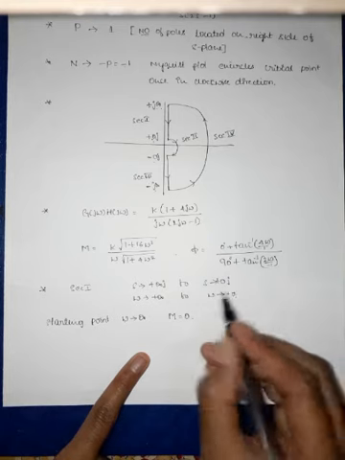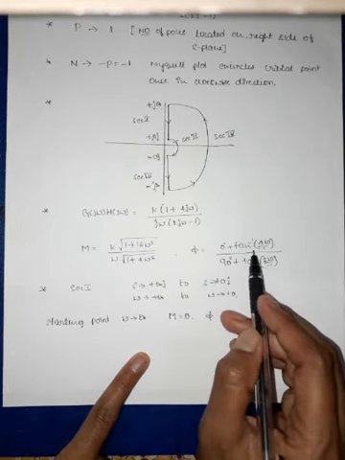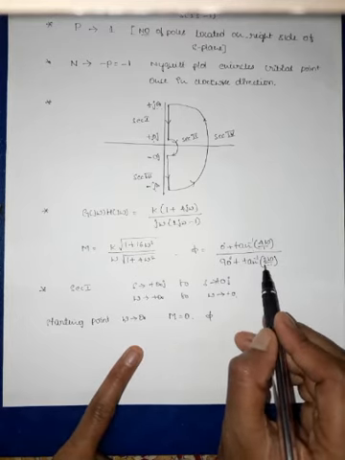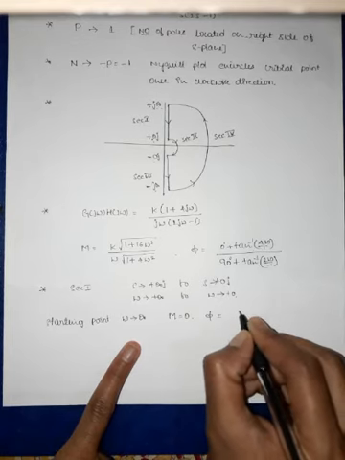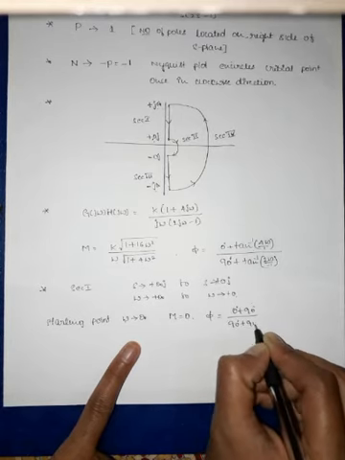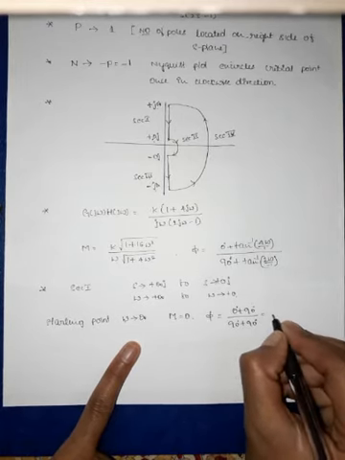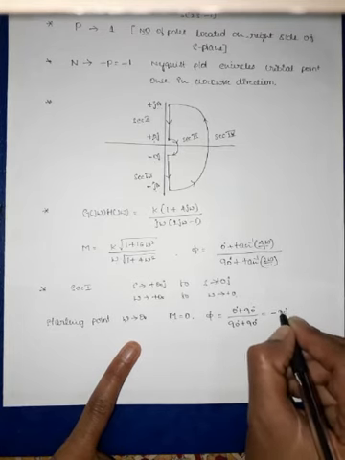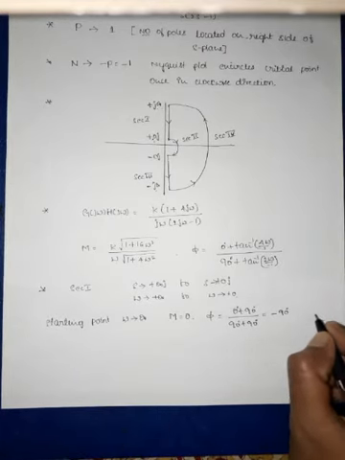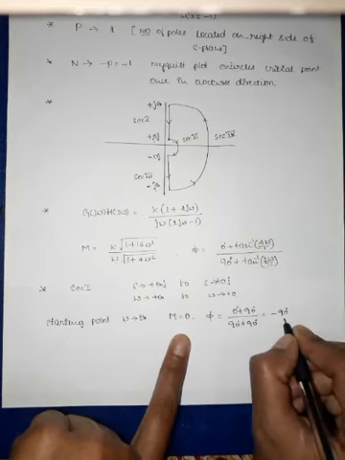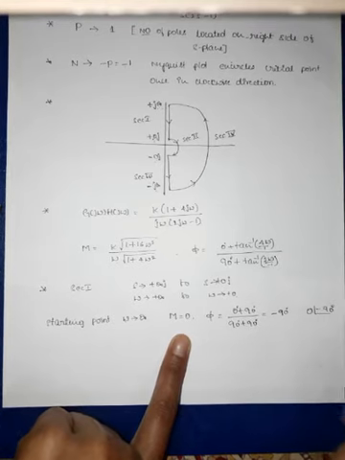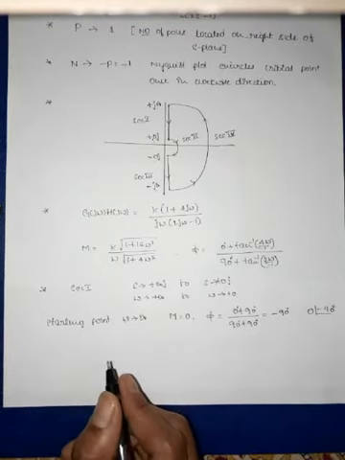For the phase angle, tan inverse of infinity is nothing but 90 degree, plus 90 degree. So we are going to have 0 plus 90 degree divided by 90 degree plus 90 degree. So here minus 90 degree is the final value for the phase angle. So when omega is equal to infinity, we are going to have magnitude 0 and phase angle minus 90 degree, that is 0 with an angle of minus 90 degree.